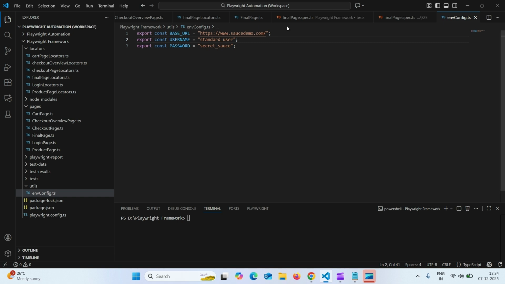Until now we were using only one URL from here, that is envconfig.ts. As you know, this is the demo application and we have only one URL. So what I'll show you is I will copy the same URL and use it for dev, QA, and stage, just to show you. So I'll comment this line,